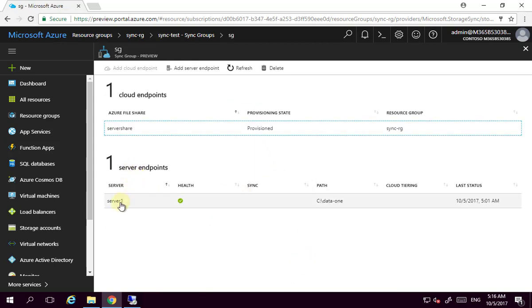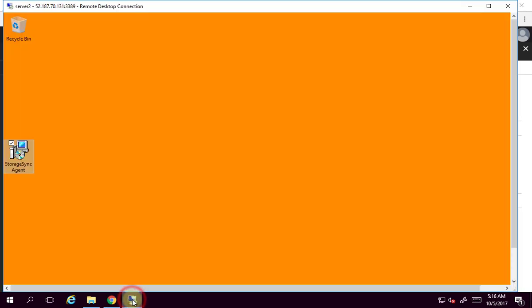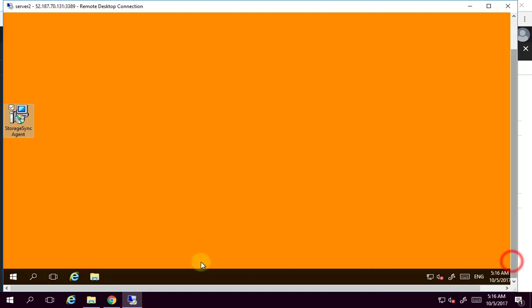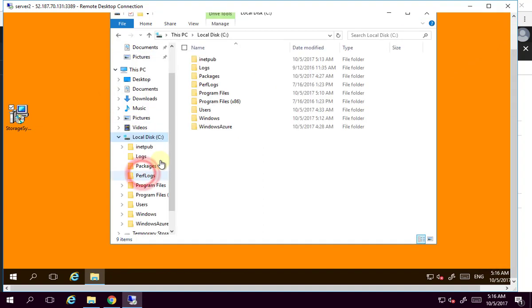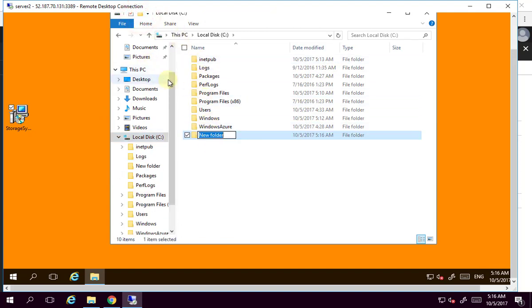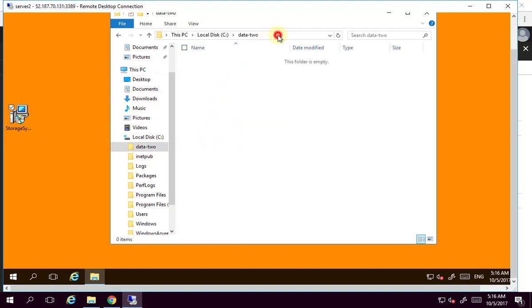So our server endpoint currently is server 1, so we're going to want to add a second endpoint, but where do we want to put that data? So what we need to do here is let's go to the local drive of the computer on server 2. Let's go in here and go into our C drive, and you'll see that there's nothing in there. So what I'm going to do here is create a directory here called data2. Okay, so this is where I'm going to want to synchronize the information. Data2 currently has nothing in it, so I'm just going to copy that path,